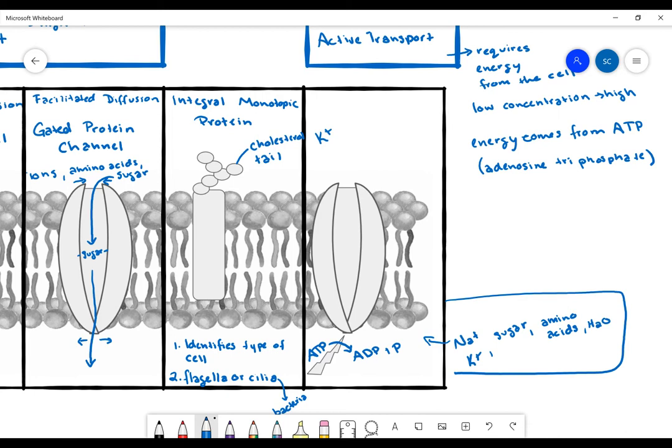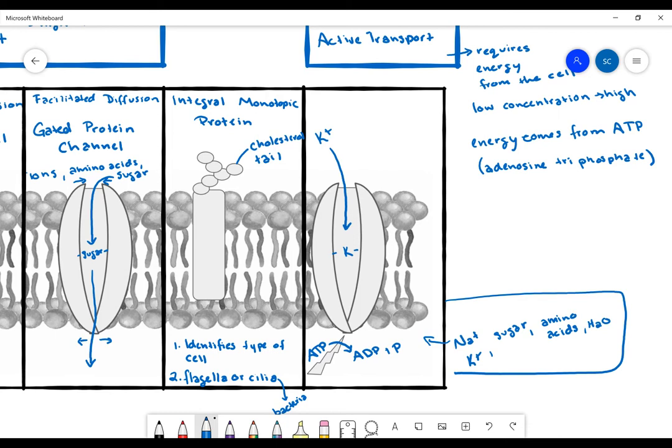Okay, so that potassium will move in. It will temporarily bind to the protein. In this protein, when it senses that that potassium has bound there, then that's when that ATP to ADP reaction happens, or breakdown happens to release that energy,